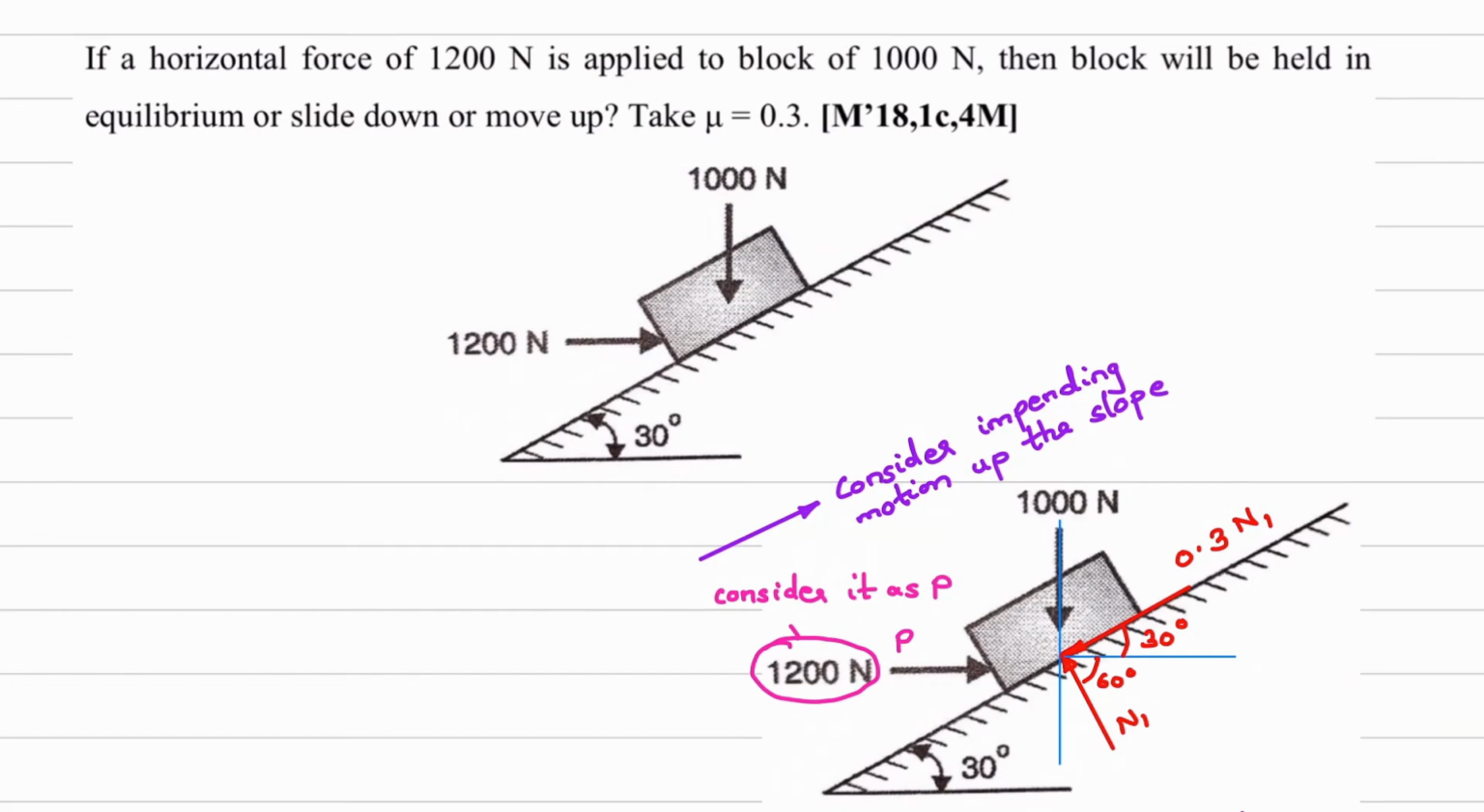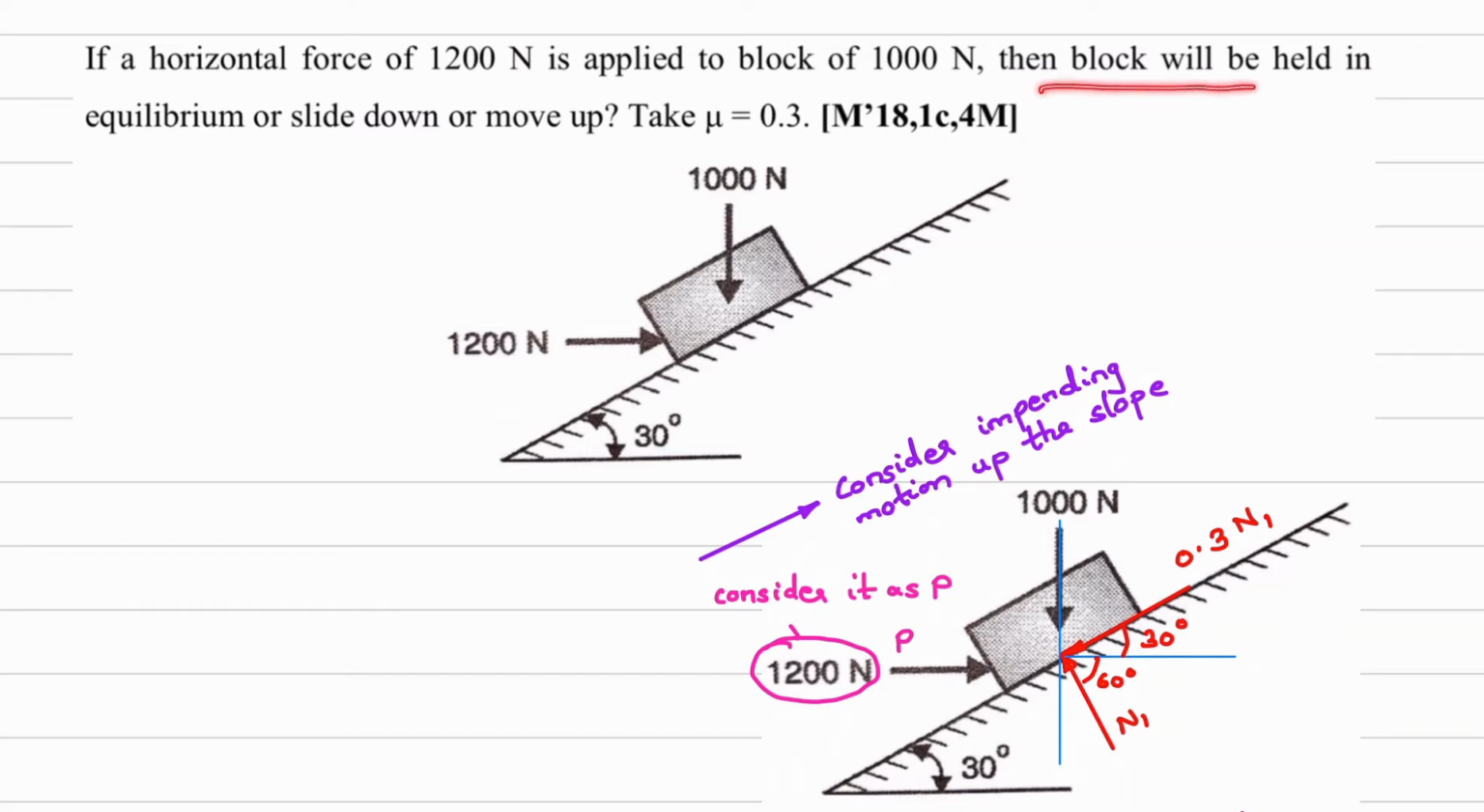Next question. This is a bit tricky question. Please understand it properly. So we'll read the question. If a horizontal force of 1200 Newton is applied to a block of 1000 Newton. So here a block is given which is on an inclined plane. Inclination of the plane is 30 degrees. The weight of the block is 1000 Newton. Now to this block,